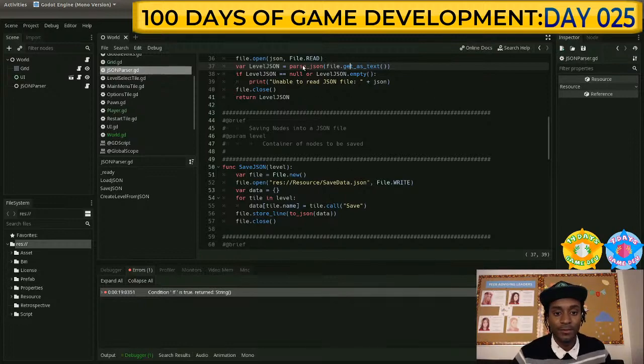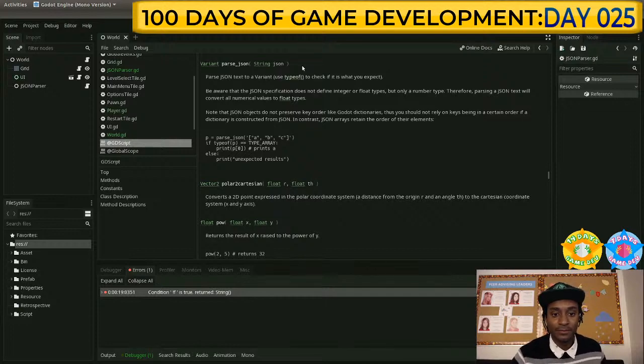Or parse JSON. Use type of to check if it's what you expect. Parse JSON if type P is equal to. Okay. So I'll try that. Type of my thing equal to type array. Mine should be type dictionary, but